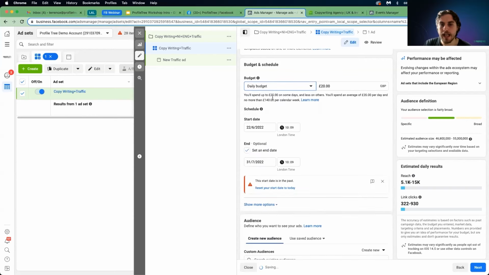A daily budget is going to spend this amount every single day. Sometimes it may vary very slightly. You may find that it would spend £5 less, but then the next day it's going to spend that extra £5 that it had saved over. So there are two reasons for the different budgets, and a general rule of thumb is that a daily budget is if you want results right now. What tends to happen is it gets to around 10 p.m. at night and you haven't spent anything, or